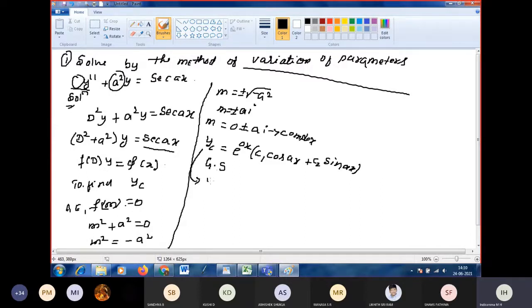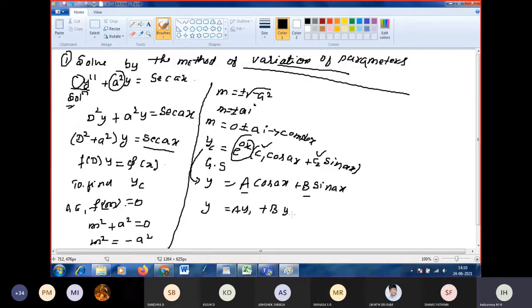So next we are going to write the general solution. yc is replaced by y. e power 0x is what? 1. So now I am going to vary the parameters. The parameters here are C1 and C2. C1 is replaced by A and C2 is replaced by B. Did you get it? Yes. So this will be our general solution. We should find A and B. It is of the standard form y is equal to A y1 plus B y2. You call this equation number 1 and this equation number 2.